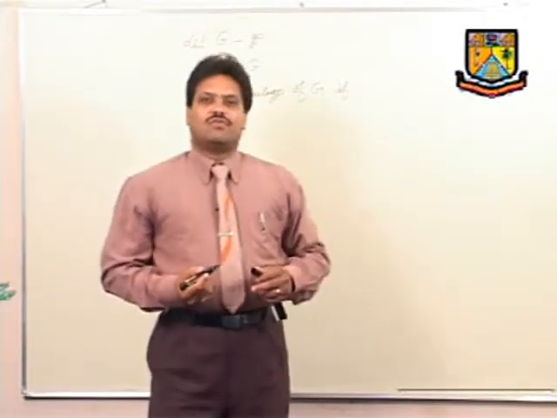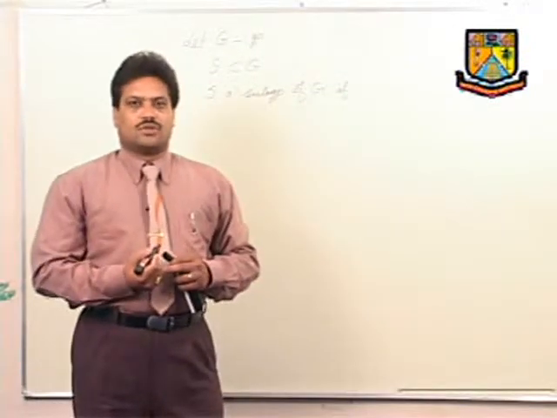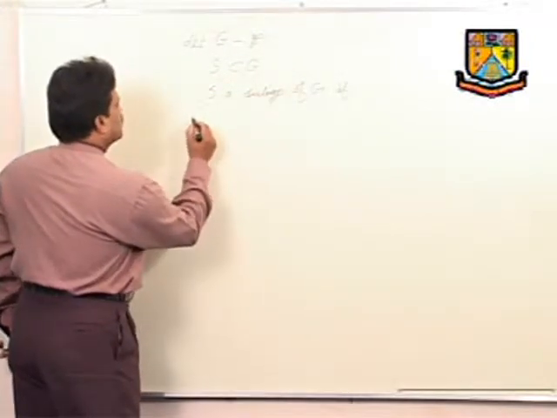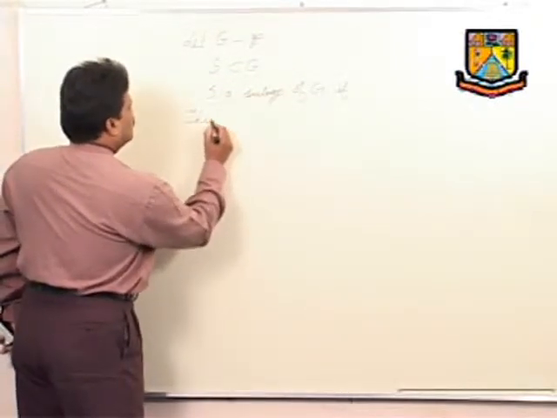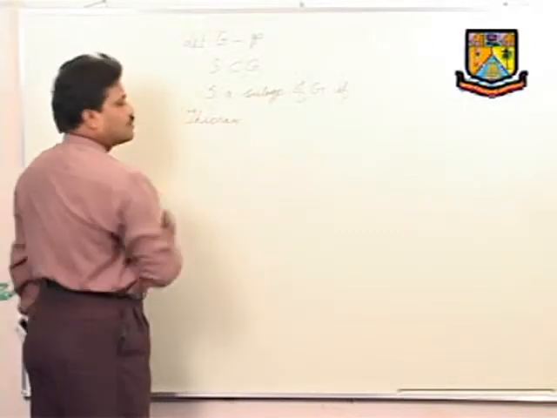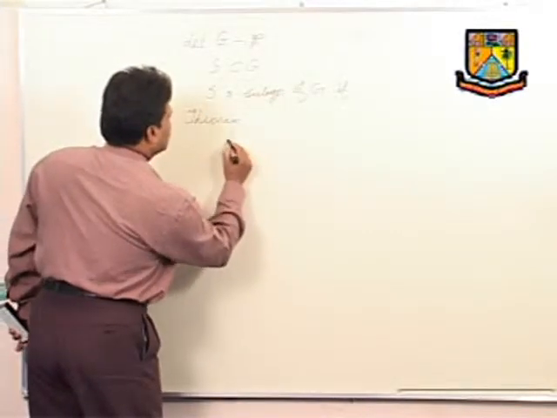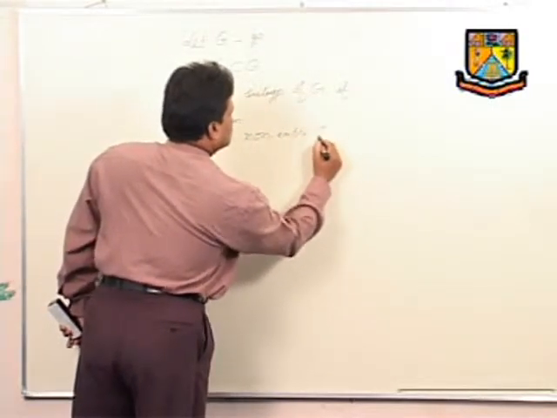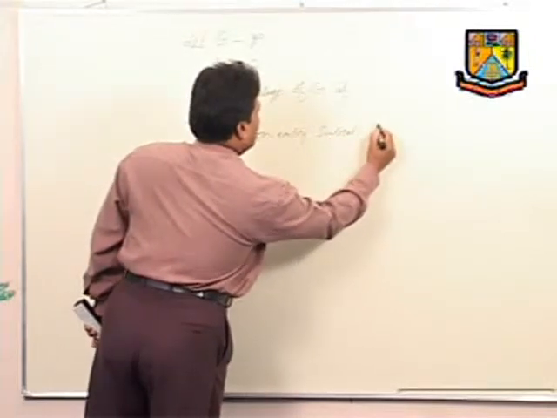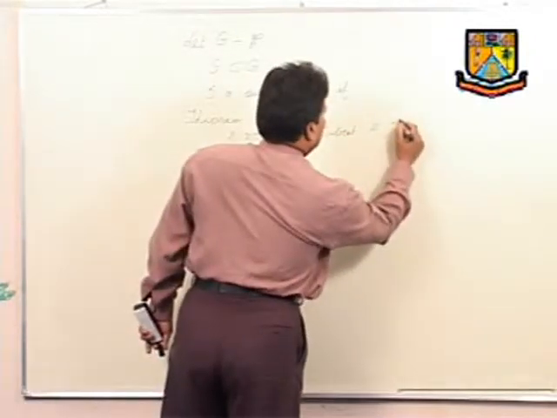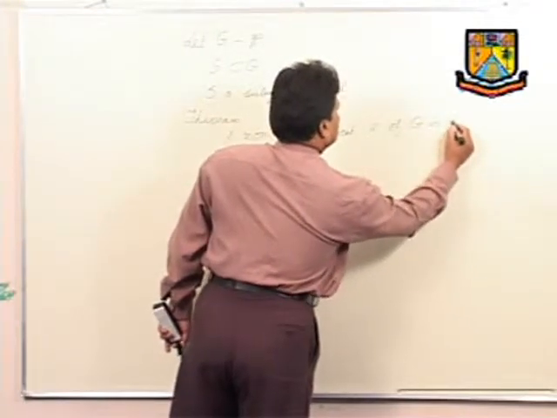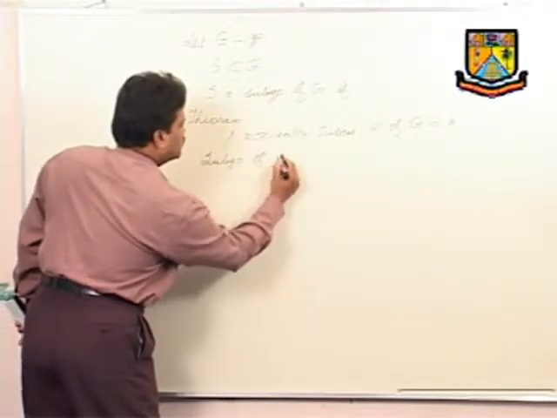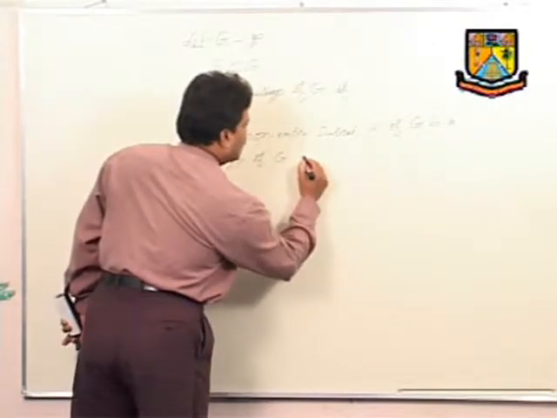Now, it is a tedious work for verifying all the 4 axioms. So, we are having an equivalent statement theorem. The equivalent statement theorem is: a non-empty subset H of G is a subgroup of G if and only if